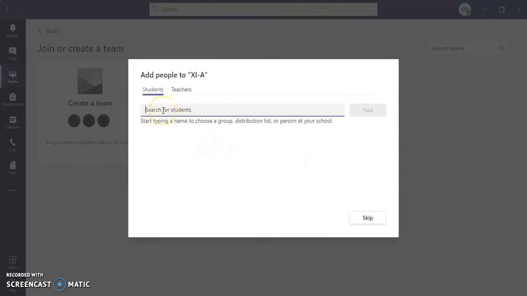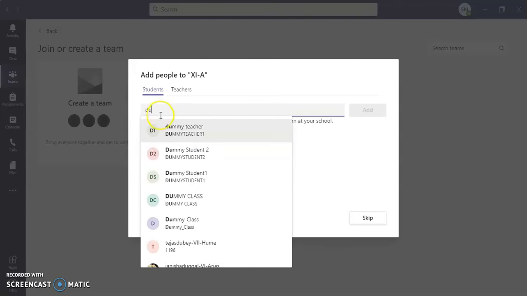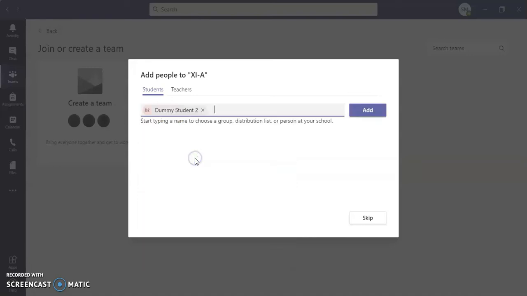Then here you have to add students to your team. So let's say if you have around 20-24 students, if you type the first letters of their name, then you would be able to see the names of the students. So for example, these are the names of the students. Dummy student 2, so it's added.